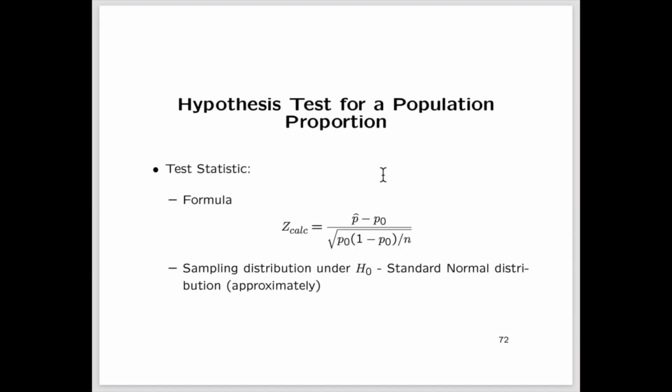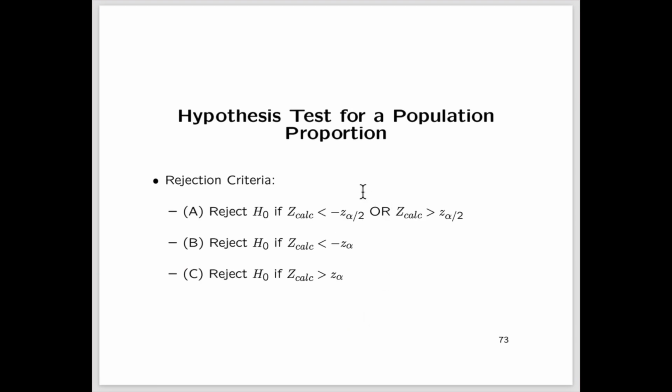The formula for the test statistic is given by the sample proportion p hat minus the hypothesized value. And then in the denominator, we're going to use what the standard error of p hat would be if the null hypothesis is true. If the null hypothesis is true, then the standard error of p hat would be the square root of p0 times 1 minus p0 over n. And the sampling distribution of z-calc under the conditions of the null hypothesis would be approximately the standard normal distribution,